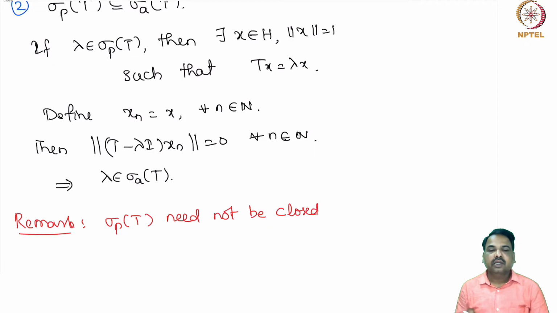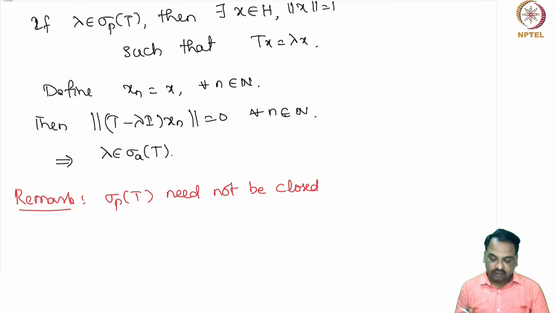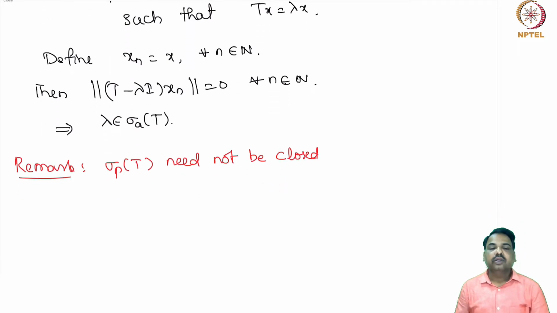The point spectrum is exactly the sequence lambda n, n in natural numbers, and if lambda n converges to lambda, lambda need not be an eigenvalue. For example, we have looked at the diagonal operator with diagonal entries 1, 1 by 2, 1 by 3, and so on, on L2. We know that T of En equals 1 by n En, but 0 is not in the point spectrum of the operator. So the conclusion is that the point spectrum need not be closed,